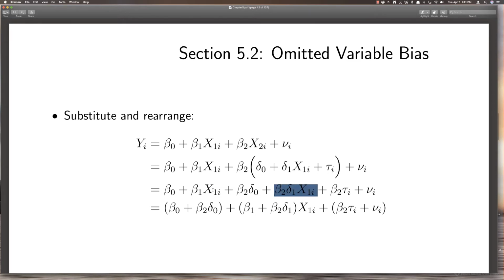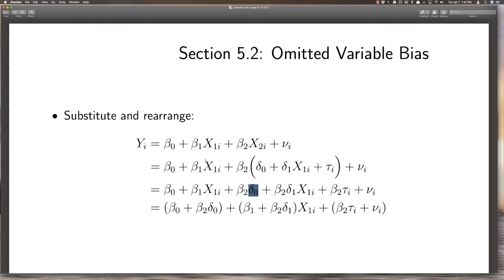And so I've now factored out the x1, and that leaves me with this term, beta 1 plus beta 2 delta 1. And then what I'm left with is this original term over here, beta 2 times tau plus nu, and I'm left with beta naught, this part of the intercept, and then I'm left with this beta 2 times delta naught, right? Which was